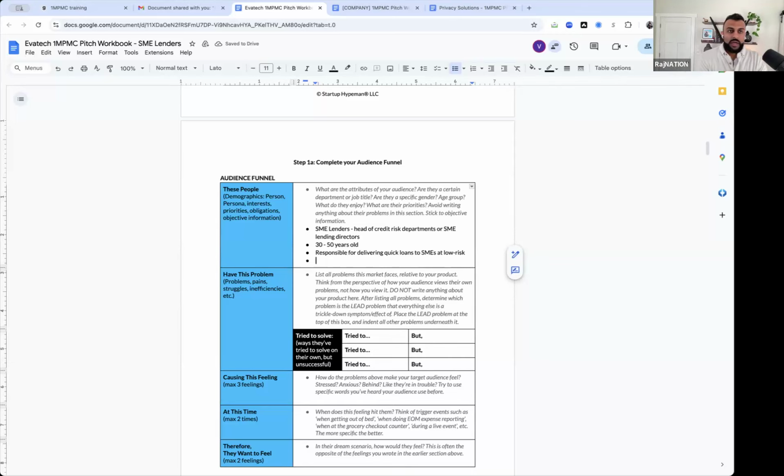Keep going. What else do they do in their job that at least might be relevant? We don't need to know that they take a lunch break, but what else do they do in their job that might be relevant to you? Well, they look for different data sources to find potential customers on one hand, to minimize risks on the other.